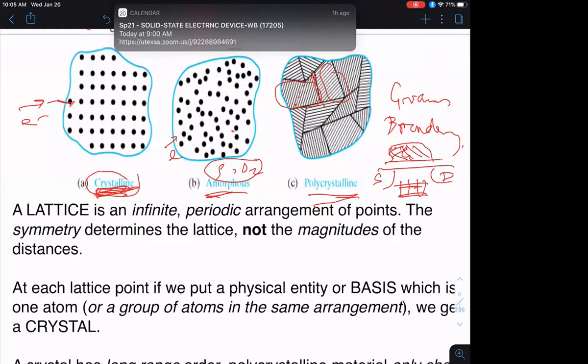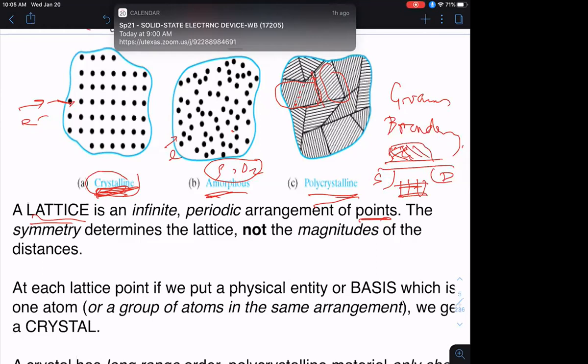All right, so how does one describe a crystal mathematically? You describe it by introducing a mathematical concept called a lattice. What is a lattice? A lattice is an infinite periodic arrangement of points in space. So there's no physical entity that I'm talking about. It's just an array of points where it is a symmetry that determines the lattice, not the magnitude of the